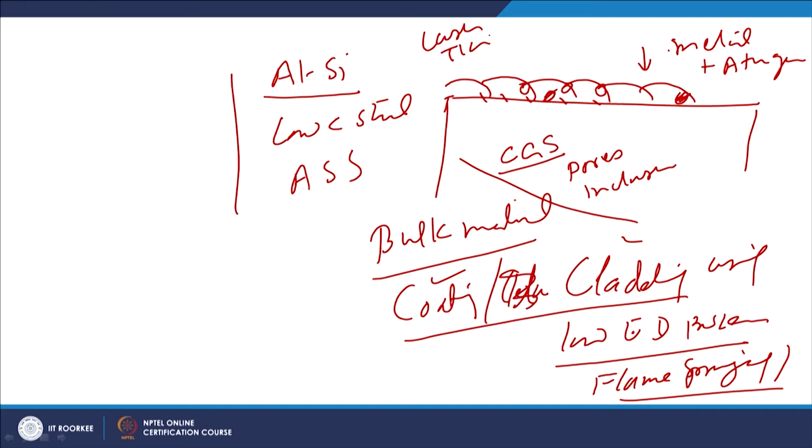Subsequent solidification will allow the escaping of such gases, as well as if any kind of poor bonding is there at the interface between the coating and the substrate, then it will lead to increased metallurgical bonding. So, the issues related with the flame spray coatings are to some extent reduced by the plasma or electron beam or TIG or laser remelting of the flame spray coatings, so that these issues are resolved.